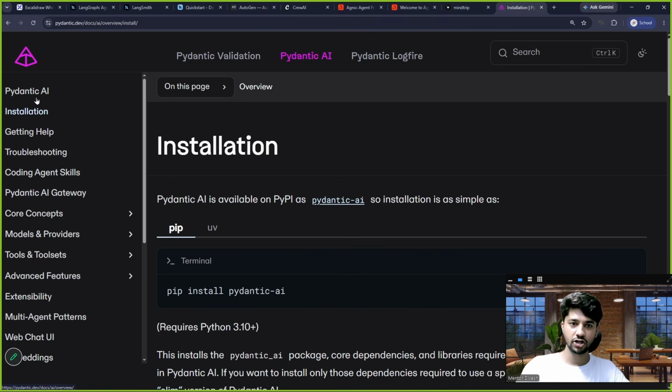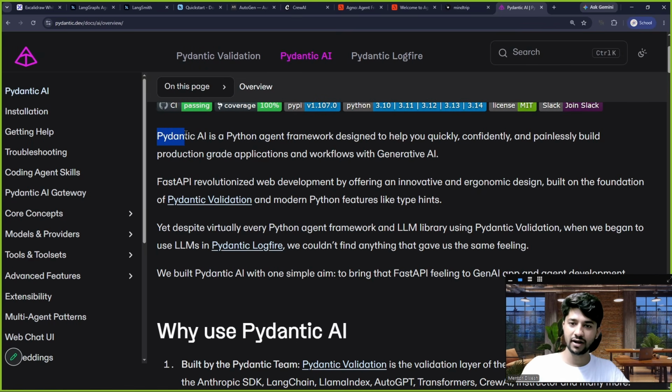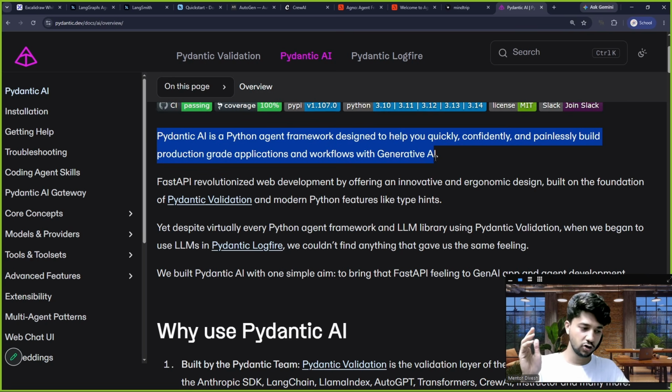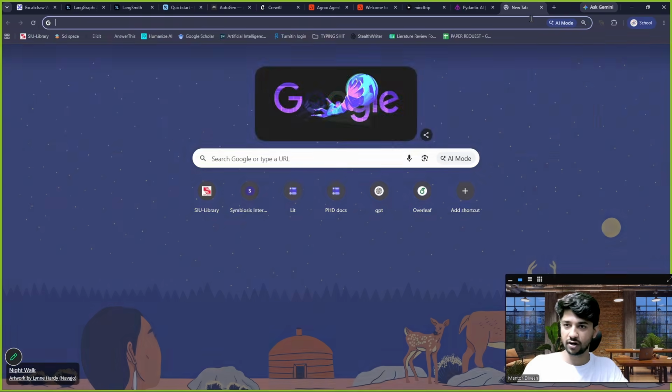Pydantic AI installation. This was the introduction: Pydantic AI is a Python agent framework designed to quickly, confidently, painlessly build production grade applications and workflows with generative AI. Now there is one more thing I forgot to tell. Pydantic AI is very widely used by financial institutions because that is where they need to maintain a very strict schema, very strict information. So financial agents, the finance organizations, I can show you one of the finance organizations, Payman